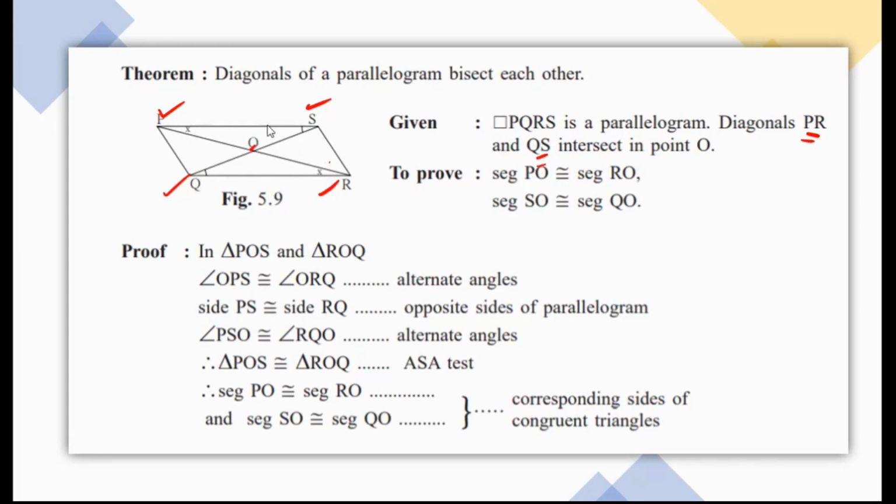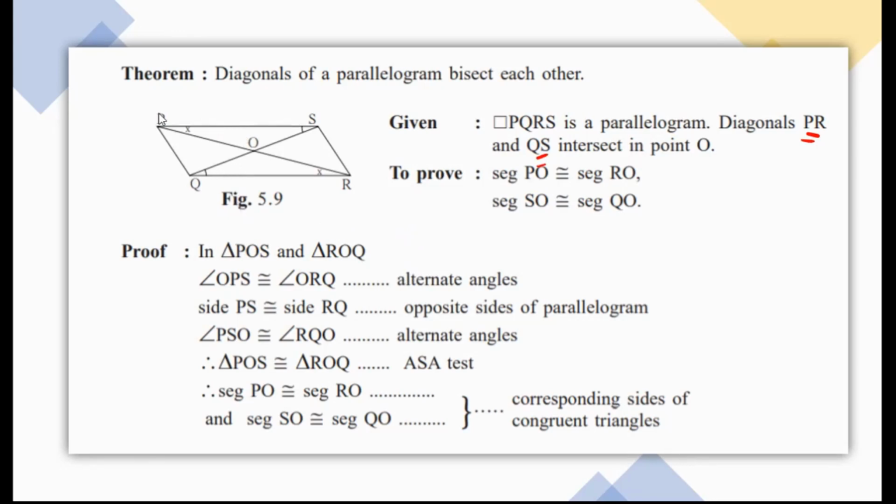So हमको prove करना है PO is equal to RO, and QO is also equal to SO. ये हमको prove करना है. We know that it is true, but geometrically we have to prove it now. Again, I will go a little fast now. Why? We are using the principles of proving the congruence of triangle and the principles of transversal of a parallel line again. So I am going fast.